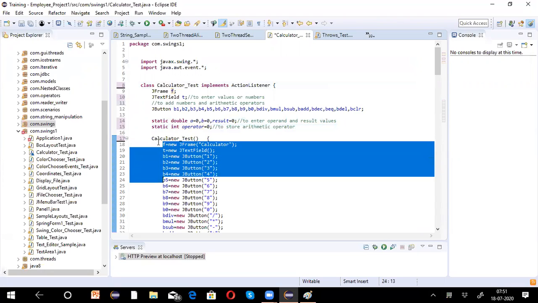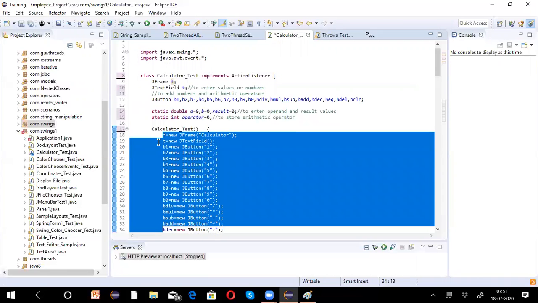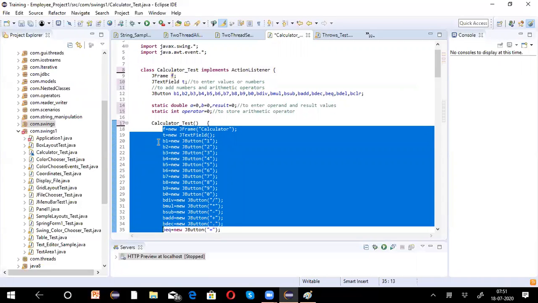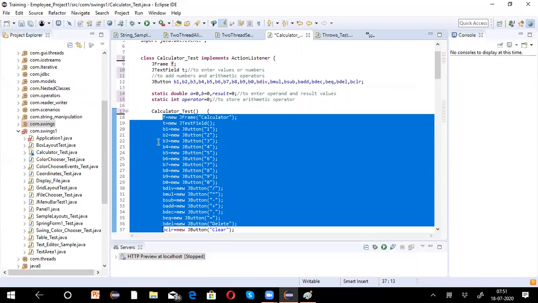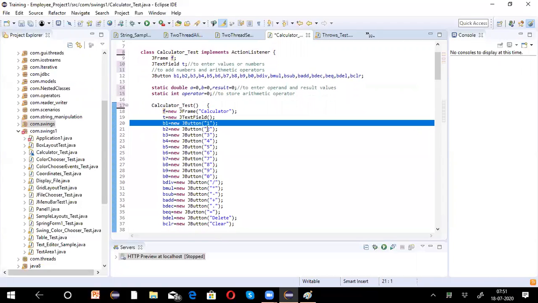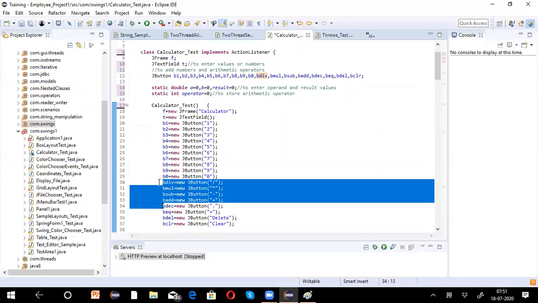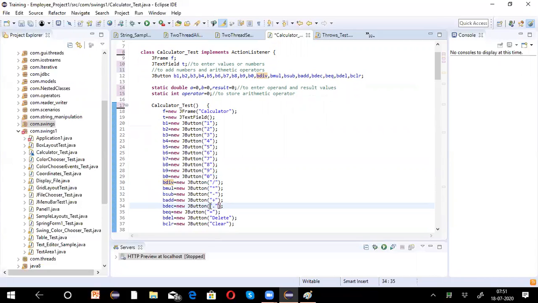We know this. Frame equal to new JFrame, text field equal to new JTextField, button B1 equal to new button 1. And we have to pass the names of these buttons 1, 2, 3, 4 up to 0, and division, multiplication, subtraction, addition, and in order to store decimal values, we have taken dot operator also.